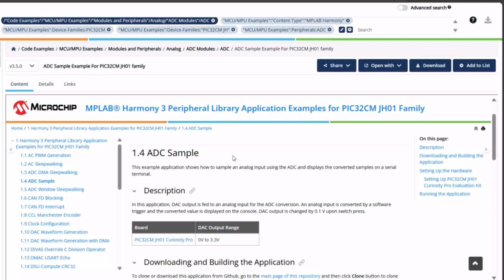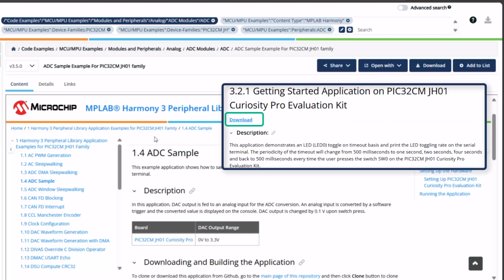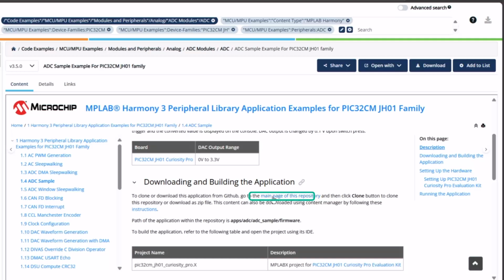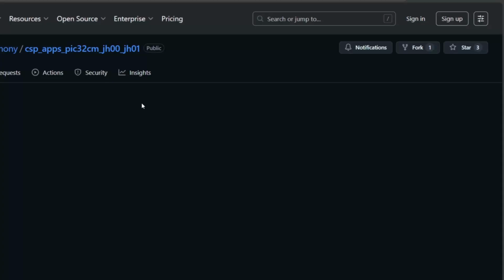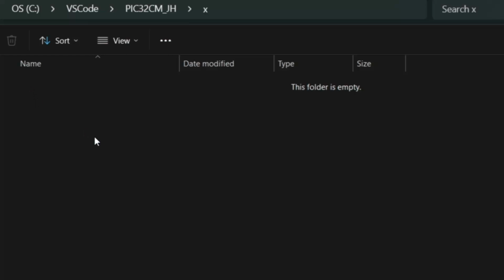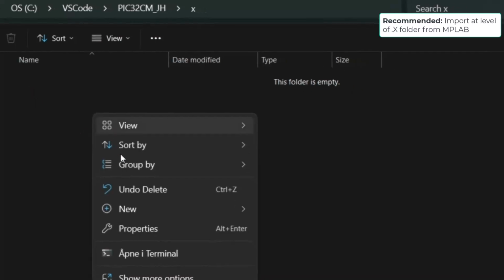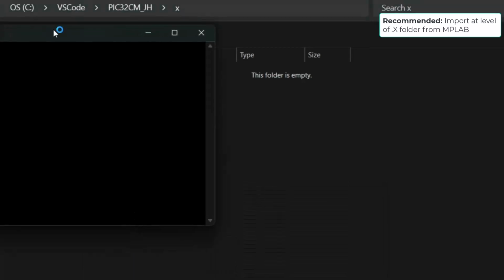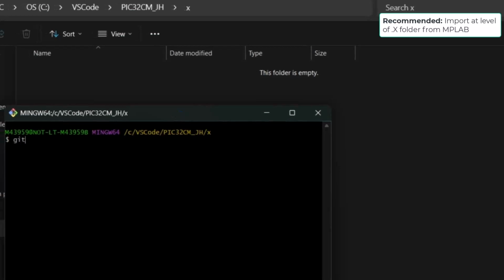Previously, when I downloaded a sample, there was a direct link at the top to download the example. In this case, here's a page to a main page of the repository which we can clone. So I'll copy the link here and come into the folder. Now I'm going to look at importing the MPLAB.x folder at that level first. So git bash, git clone,